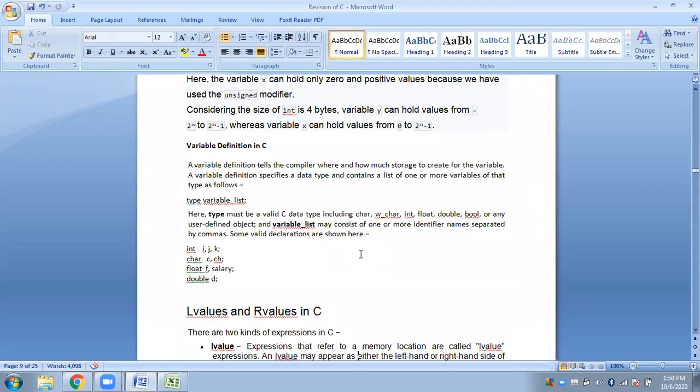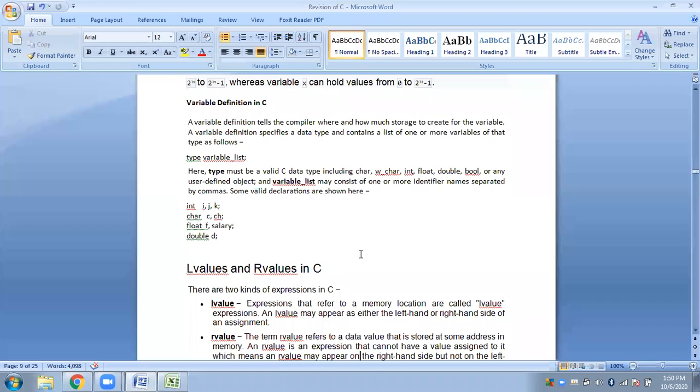Now we will see how we declare and define a variable. Since now we have learned what a variable is and what constants are, we went through constants last week. There are two basic types of constants. One is the numeric constant and one is the string constant. Under numeric constant, we looked into integer constant and real or floating point constant. And under string constant, we looked into character constants and string of characters constant.